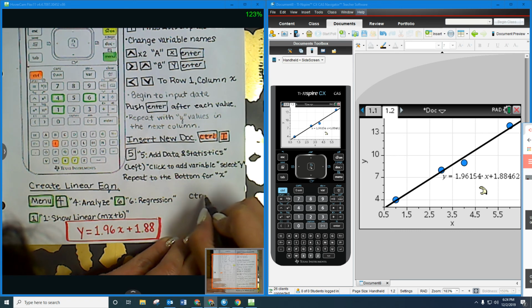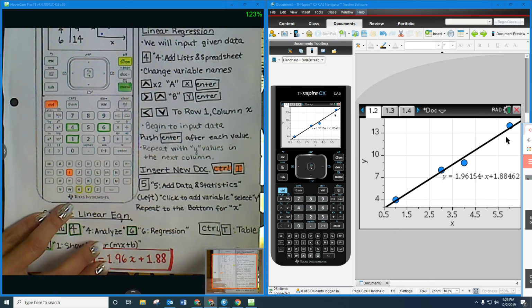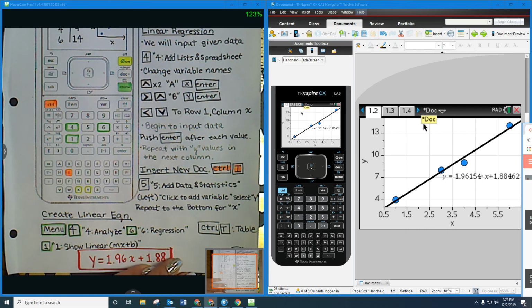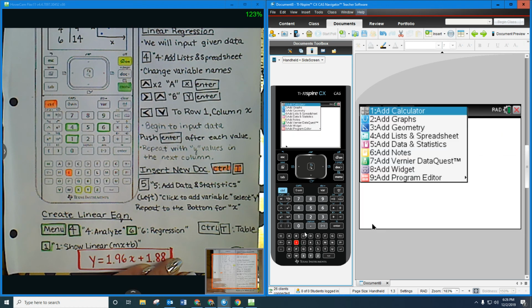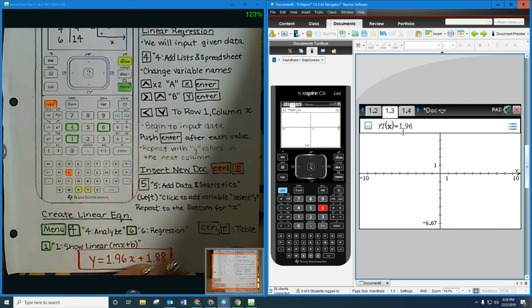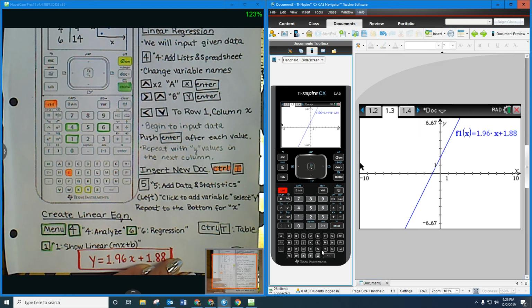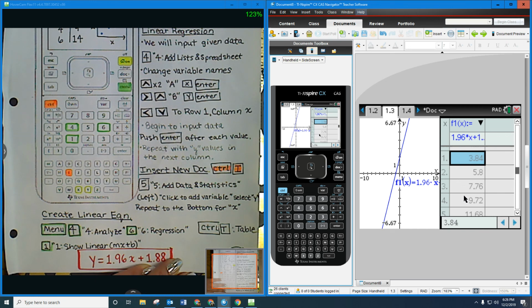One last thing that we may need to use for tomorrow's assignment is Control T for a table. So in this case here, I may want to insert a new document. Like maybe a graph, and I could type in my equation. And then plus. And simply select Control T for a table, and I can look up certain values, which will be very handy